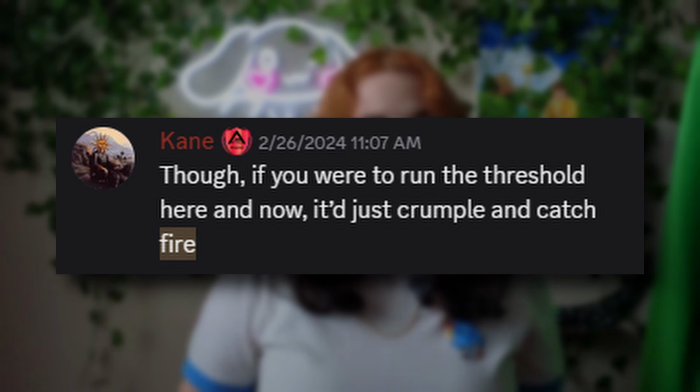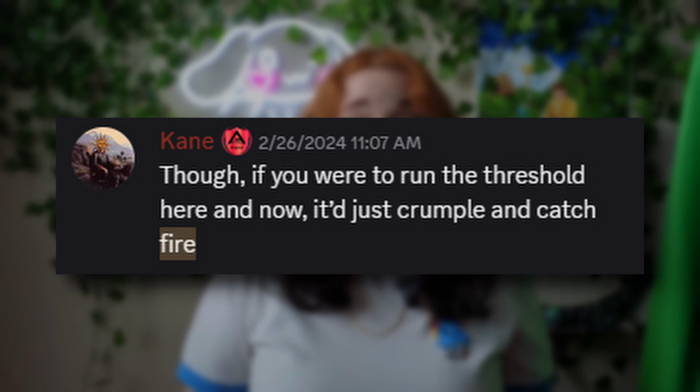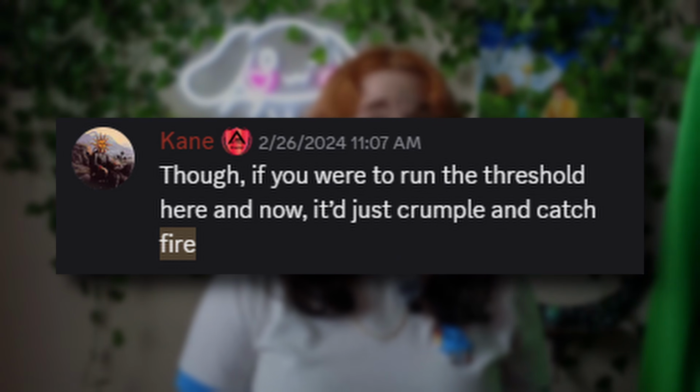It's also why the community and I theorize that if Async and Ivan were to build another, much wider threshold, like what they mentioned in the presentation, then it would lead to some pretty devastating effects for Async, mainly a fire. That, and Kane has said that he believes if scientists were to attempt this experiment now, it would more than likely just cause a huge fire, so